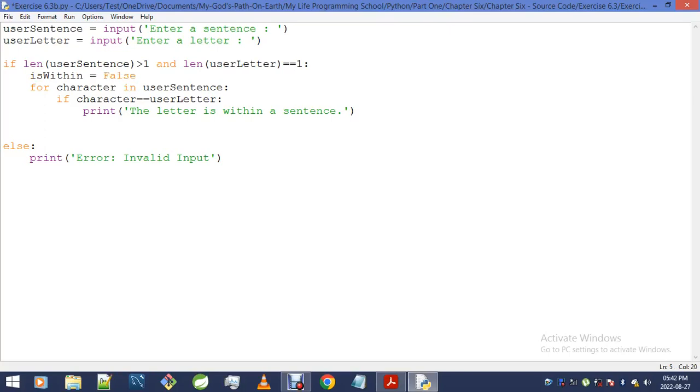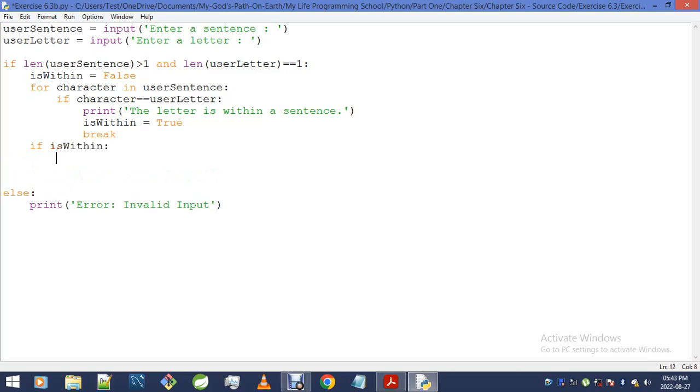I'll simply initialize it to false, and once that condition is met, I'll just go is within equals to true. I'll then break my loop. If is within is true, I'll then display